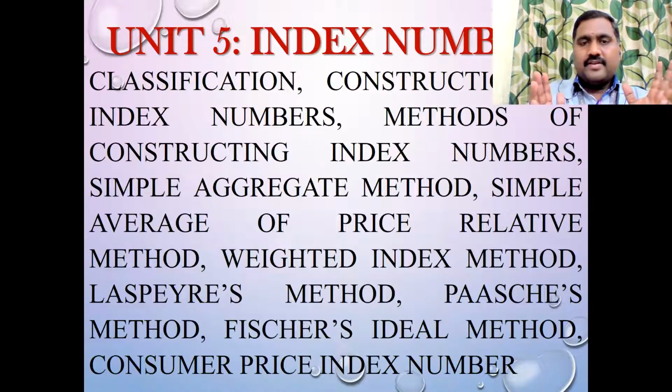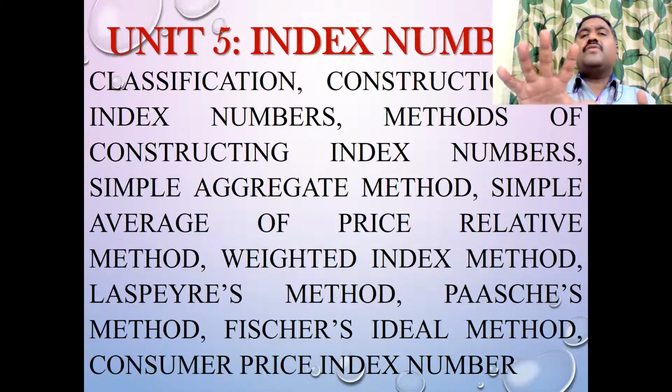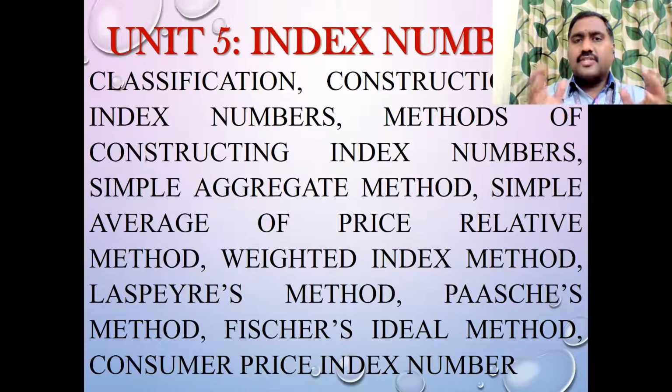What is the index number? It is just to calculate the changes in a variable or a group of variables based on different time periods, and at the same time depending upon different locations also. If you take our India, not all the states are affected by the coronavirus to a high level, only five to six states are affected much. In those states, the need for oxygen and vaccination is more compared to the other states, right? So the change in the variable depends upon the time period, like a different year, or depends upon the location also.